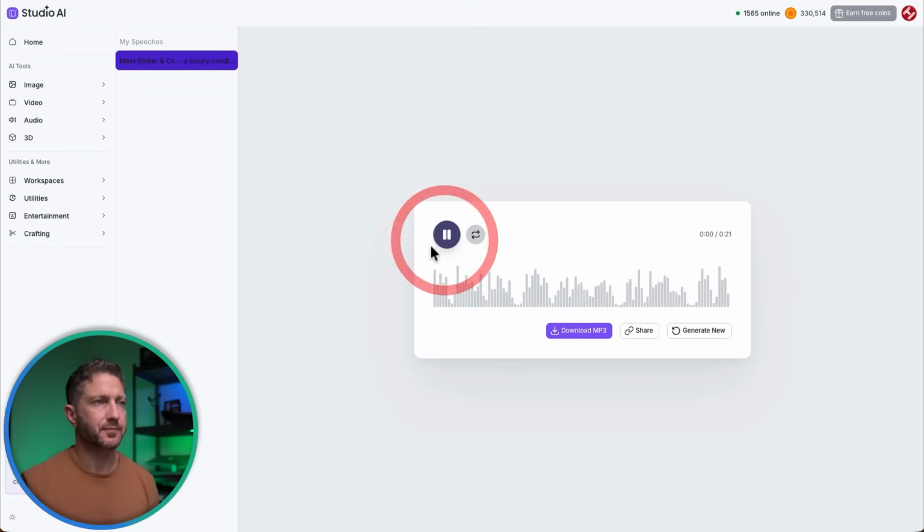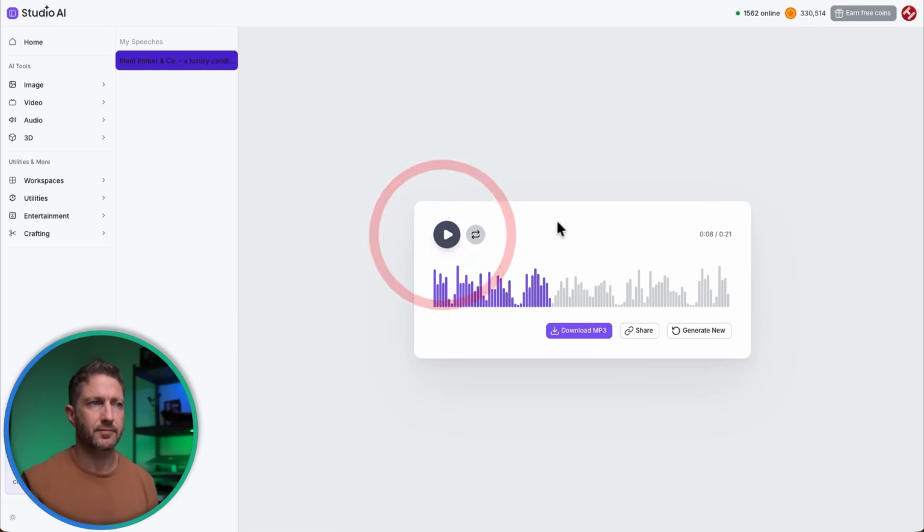Let's play it out. Meet Ember & Co., a luxury candle designed to bring warmth, calm, and style into your space. With rich sandalwood and amber notes,